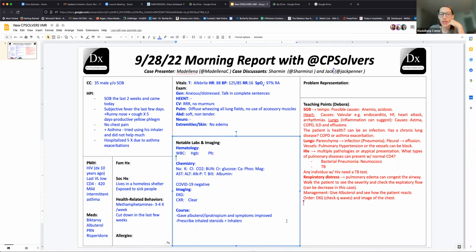I was going to say one more thing. We were talking about some of the triggers, and one of the things I learned is that the patient didn't report any specific triggers for his asthma, but I learned from one of the providers that more than 80% of infectious triggers are viral for asthma exacerbation. So I think the thought here was that it was a viral infection triggering this asthma exacerbation. So he was prescribed this inhaled steroid along with his albuterol, and then planning for close follow-up.